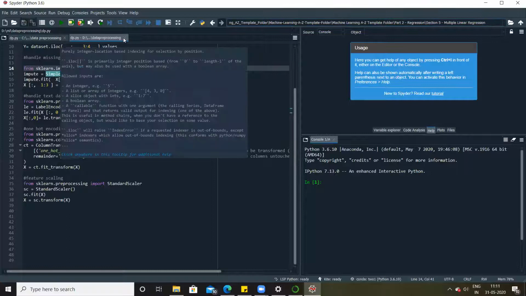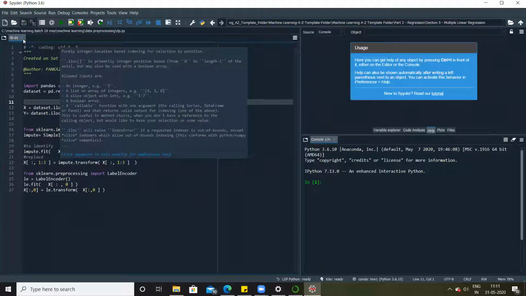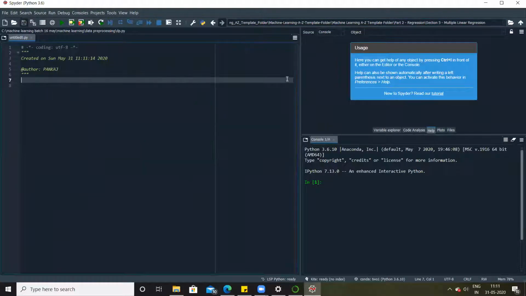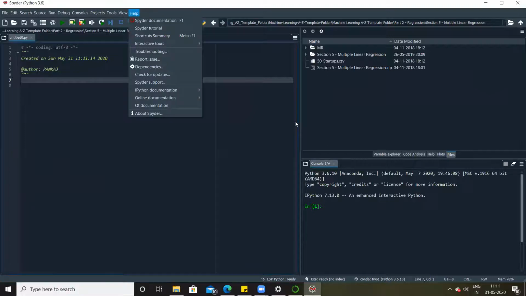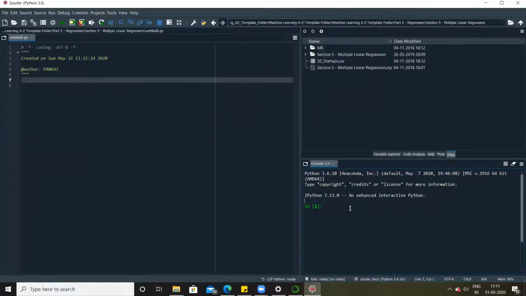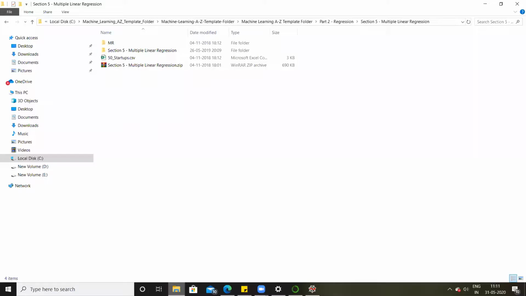Let me close this. And I'll go to the files. Okay. And also just for your information, I have also updated my Spyder to use the latest version. At the same time, I have updated my sklearn version to 0.21 and above, right? Which is, I think, in sync with you guys. You must be using either the 0.22 or 0.21 version. All right.